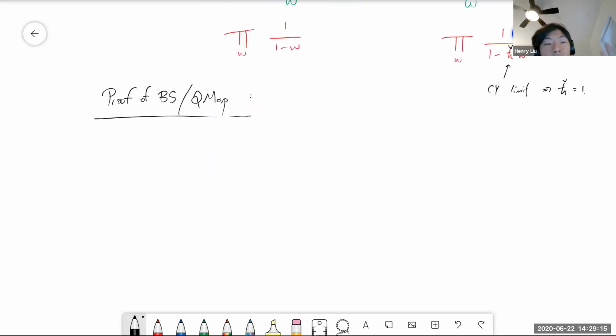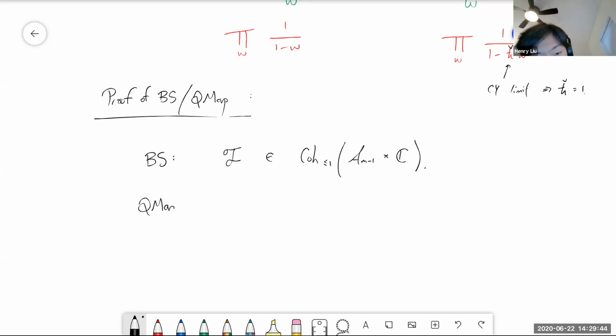Let's think about what this whole BS moduli space really parameterizes. It will parameterize certain sheaves F, which are one-dimensional sheaves on a space like A^{m-1} times C, let's say. Okay. And what does Quasi Maps parameterize? Well, I didn't go into any detail about this, but essentially,